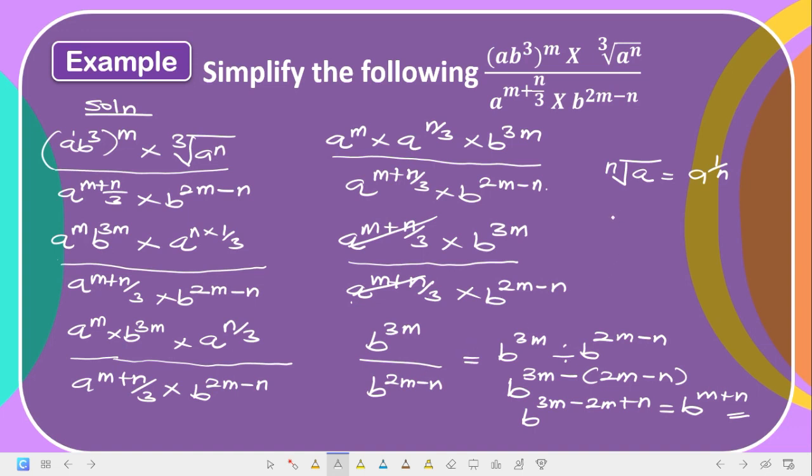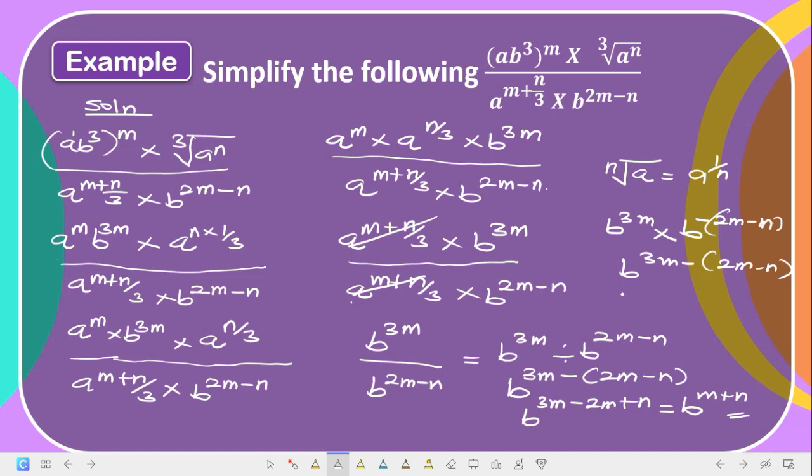If I were to do it like that, it will now be b to the power of 3m times this one, which now becomes negative to give us b to the power of minus, bracket 2m minus n. It will still give us the same thing. You get the point now? Because this one now will be b to the power of 3m, then we have minus bracket 2m minus n, to still give us the same thing. So all I did was divide. Instead of putting multiplication, let the division sign be there. Are you getting it now?